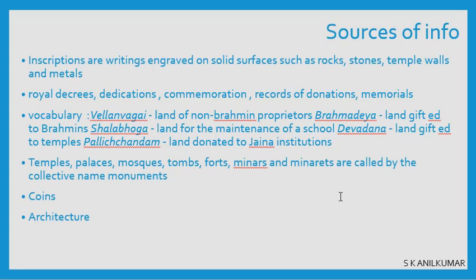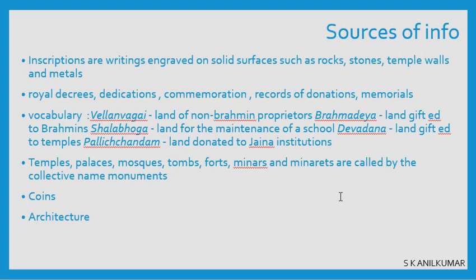It was also a record of donations and memorials. After a king passes away, they write about him in this, maybe the tomb of Iltutmish types, or records of donations. This was given away by this king to this temple or this university for this purpose, etc. This was written. Now the vocabulary was also changing, and in different parts they had different vocabulary for different purposes, and from that we try to learn a lot about the culture.